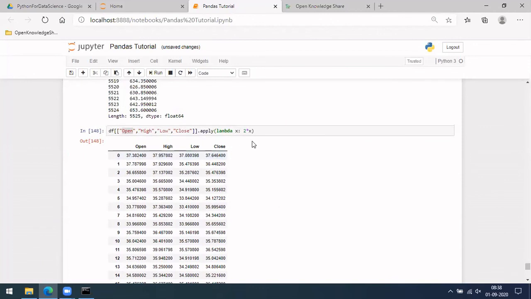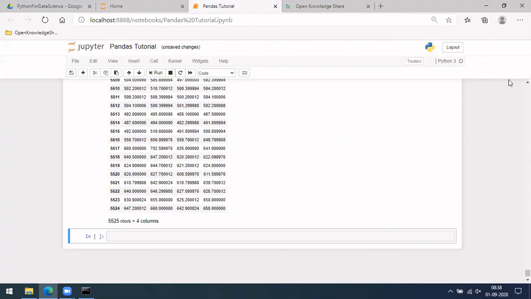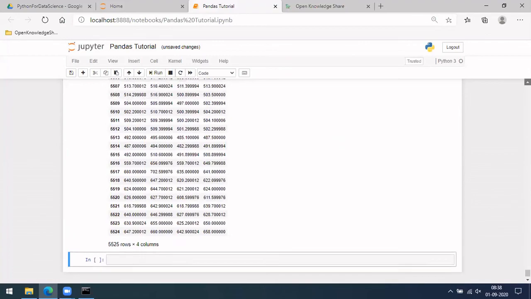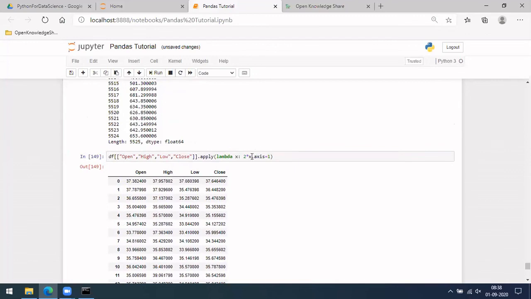See here, only for those you want. So this is one more thing. If you put axis equal to 1, it will be column instead of row. So let me do that. It won't work in this case. It's the same thing at this level if you don't specify a column. So that is okay, but usually